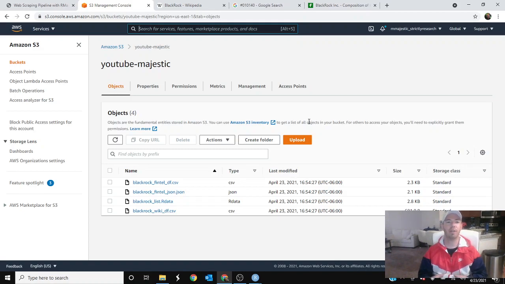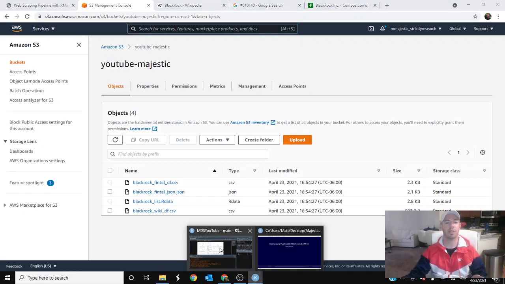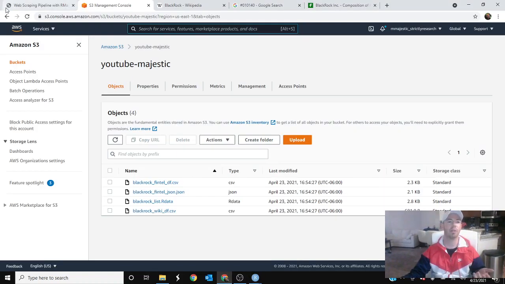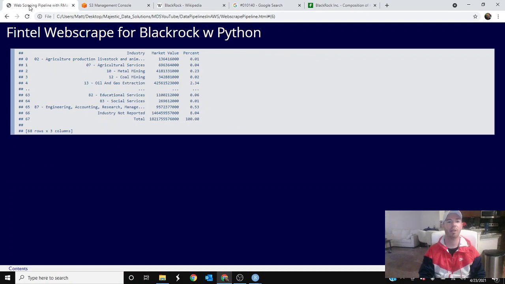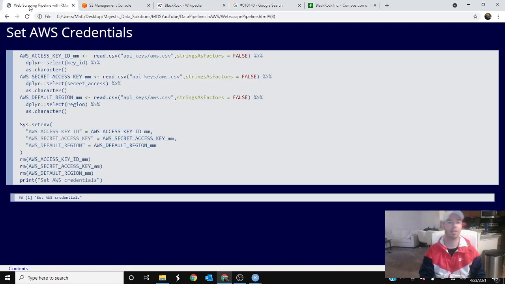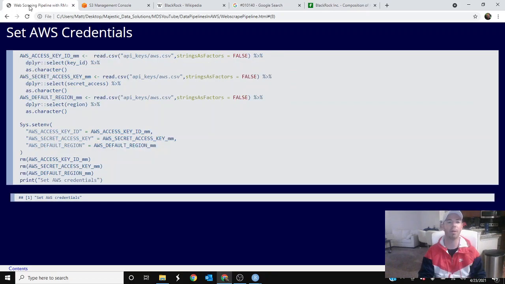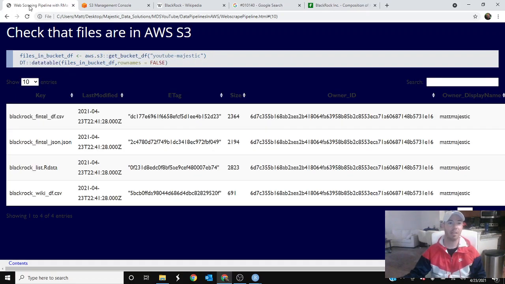So yeah, that's an overview of how you can use this tool of an RMarkdown to make these pipelines. And as an end result, everything's really well documented with these slides of this is exactly what he did, this is what he saved it to, and a lot of it is the manipulation part in the middle, and any kind of liberties people take in that process. Everything is right there, step by step with the code, with this nice little output. So I'm a really big fan of these, and I think they're really good for data pipelines, especially light ones